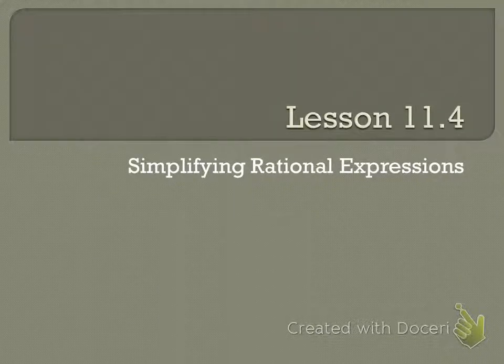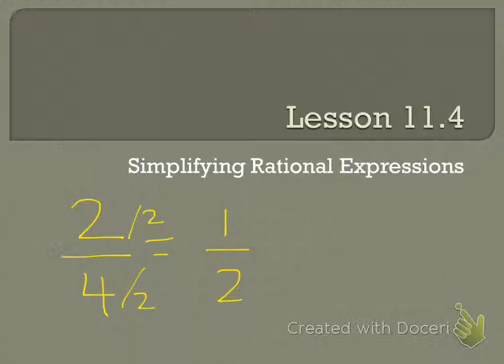Lesson 11.4, we're going to simplify rational expressions. Who remembers back in elementary school when you used to simplify fractions? For instance, we could take 2/4, and what would we reduce 2/4 to? Vincent? 1/2. 1/2, because I divided each of these by what? 2. I reduced both of those numbers by 2, and that's how I got this fraction,